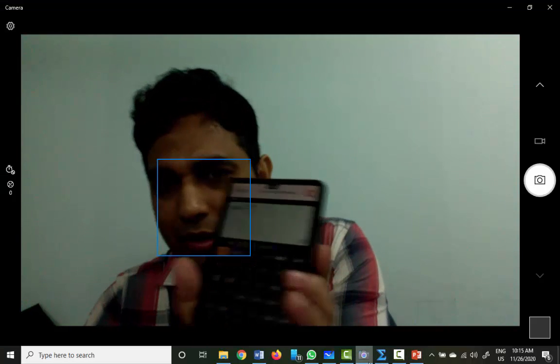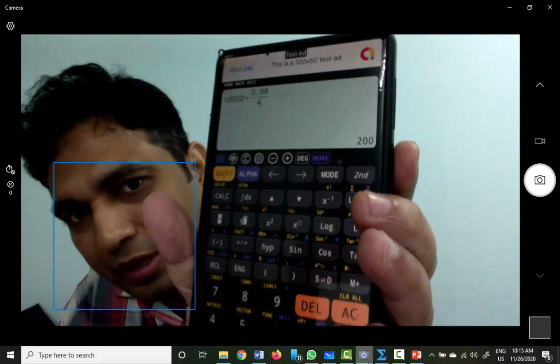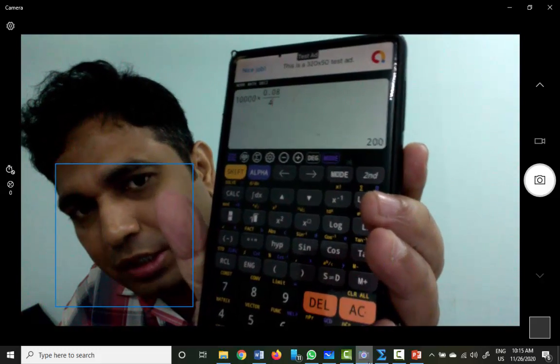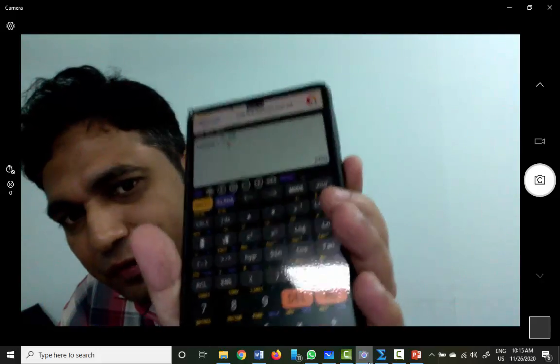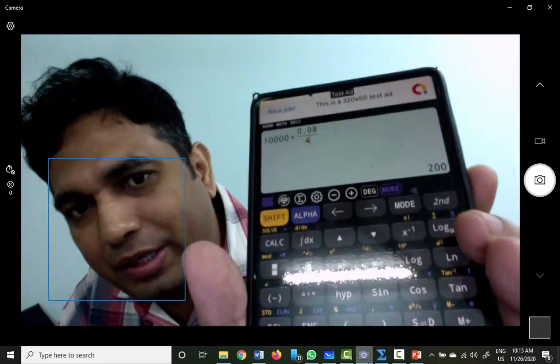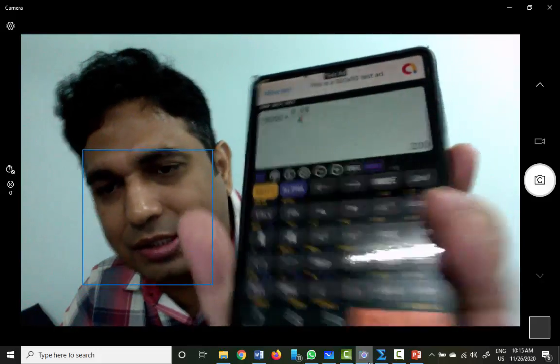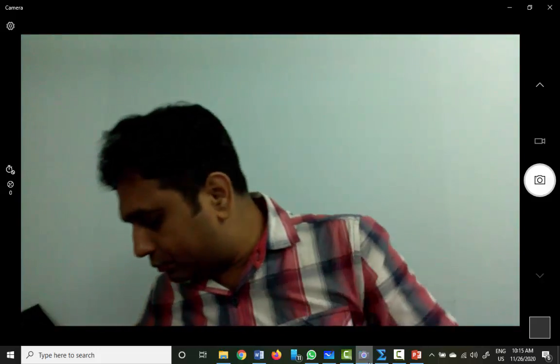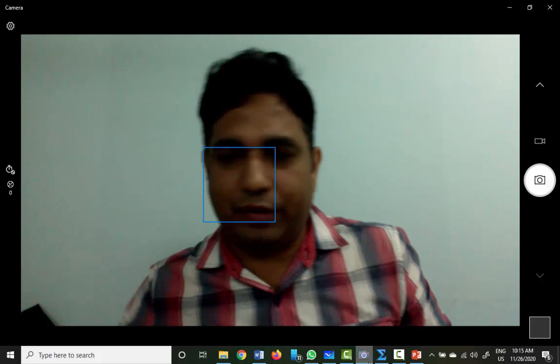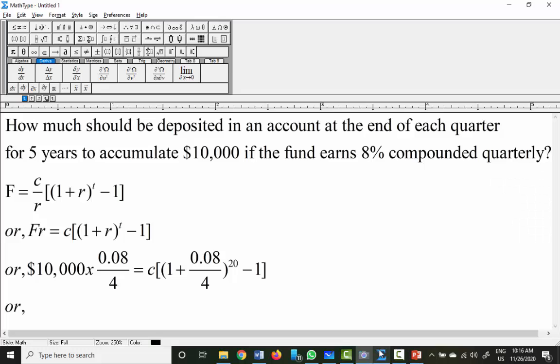If you place it that way, you should get 200. 200 is the answer, right? So you should get 200. That means the multiplication of these is 200, which is equal to